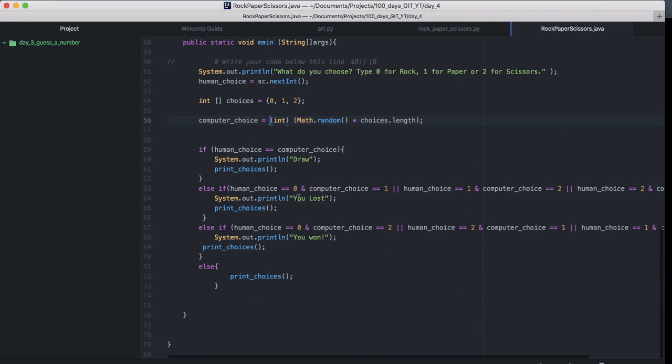These are the choices where, if the computer made them and the human made theirs, he or she would have lost, and otherwise you would have won. So again, like I said, this line is not necessary. We could have just said else and then deleted everything here. Okay, but let's not take my word for it, right?